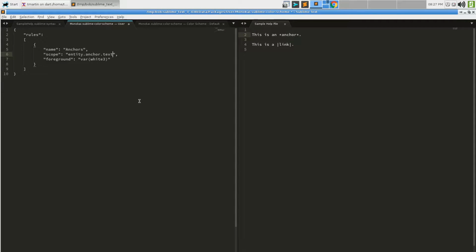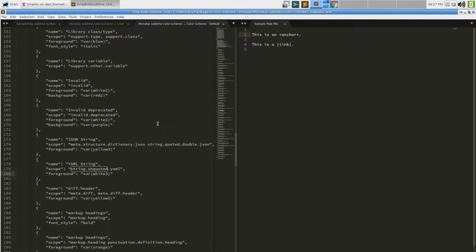What if I did that? Well, see, things are already going wrong. Well, what if I did this? Okay, so that's doing something. So that is doing something. I just didn't pick the right color.